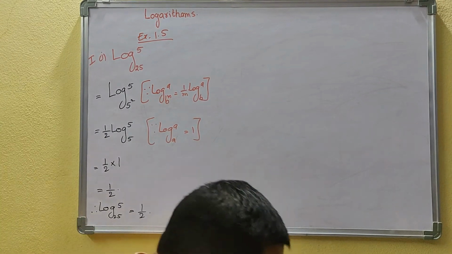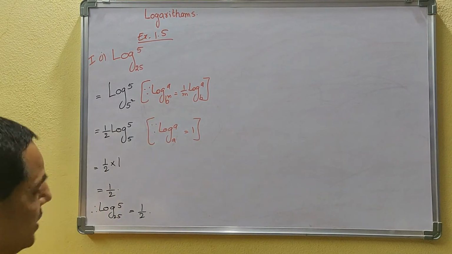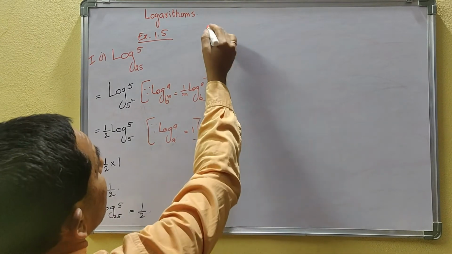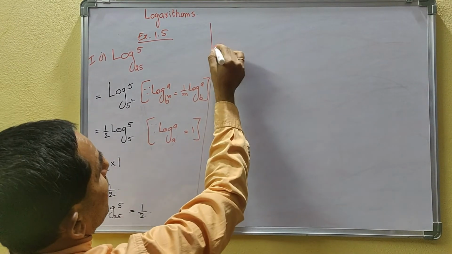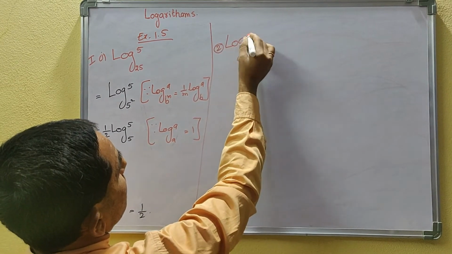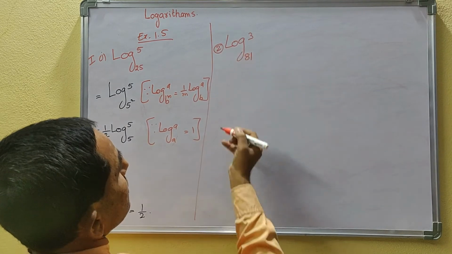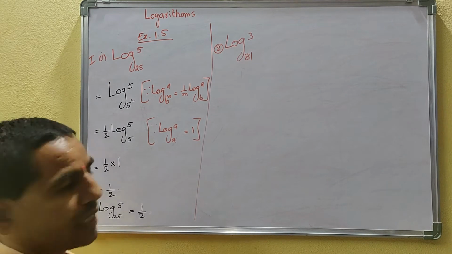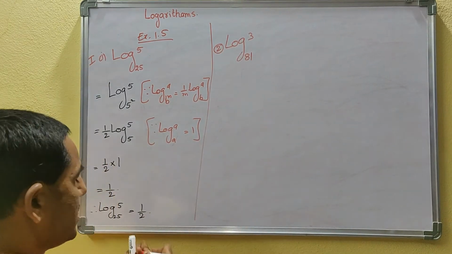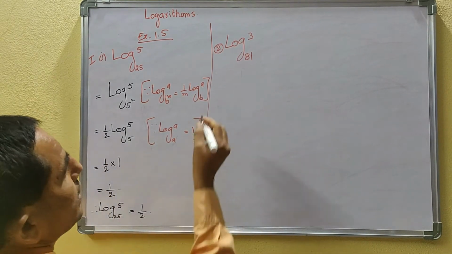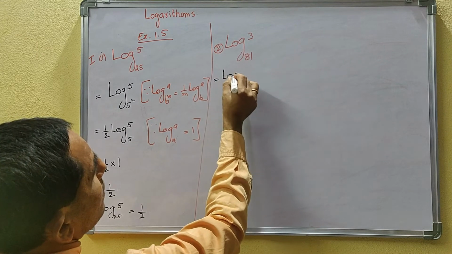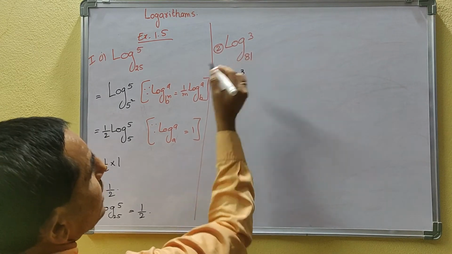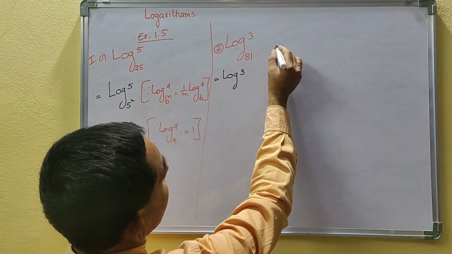Next question, log 3 base 81 is there. Second question. Okay, second question, log 3 base 81. It is very easy, the same as the first problem. So I will write the answer: log 3, as it is, 81. 81 can be written as...